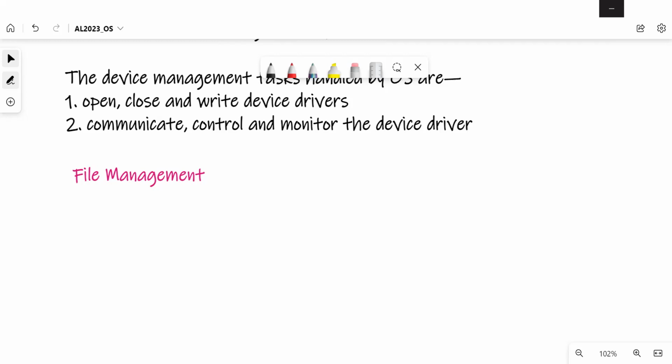Access means sometimes you can allow users to change the program, you can run the program and so on. And during file management, it will allocate space for files. Right. So let's write down those tasks.